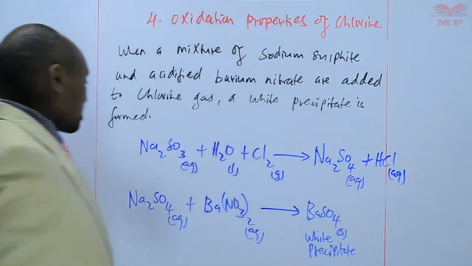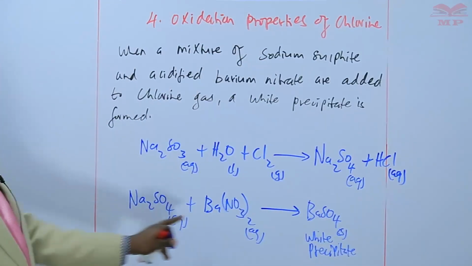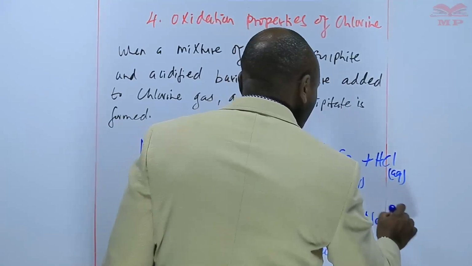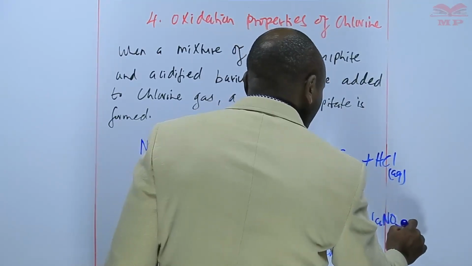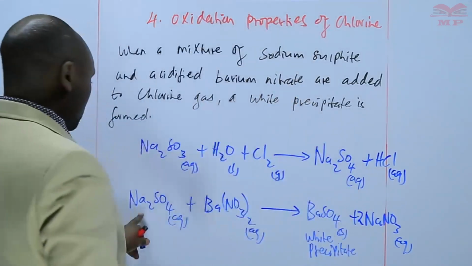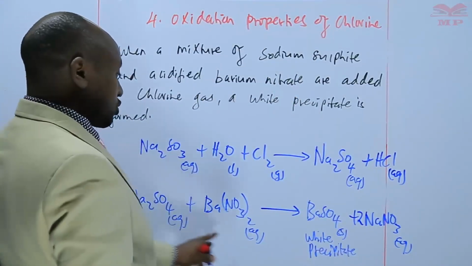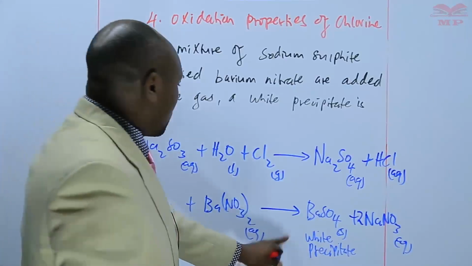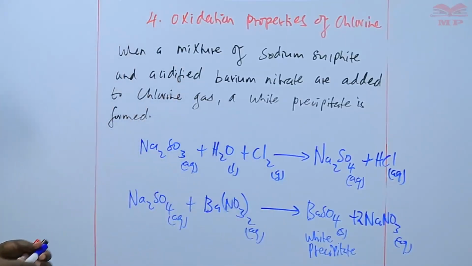Barium sulfate, which is a white precipitate, and then sodium nitrate, which is a solution. We balance the nitrate and the sodium, they are balanced. So basically what we are saying is that the